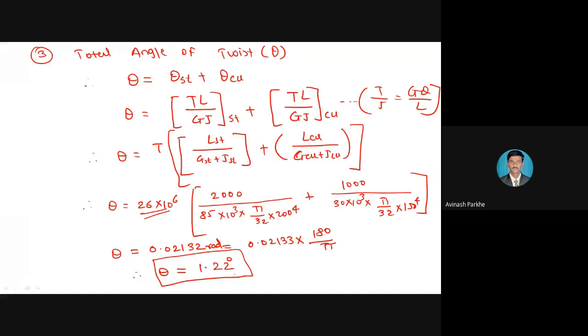But at the end, if I convert to degree, you will get the answer in the form of 1.22, 1.23, 1.21, like that. Yes, 1.22 degree. This is the correct answer. Others, please do the calculation and put your answer in the chat box. Here the calculation part is very important. If you take this T as common, then also you will get the answer. If you keep that T inside the bracket as it is, then also you will get the same answer. But for more simplification, whatever the constant parameters are there, you should take outside the bracket. Yes, 1.22 degree.